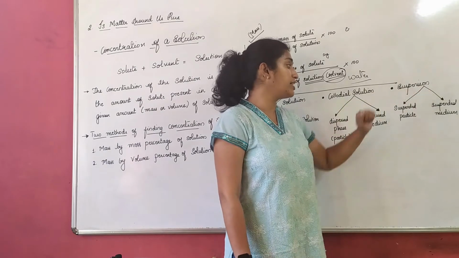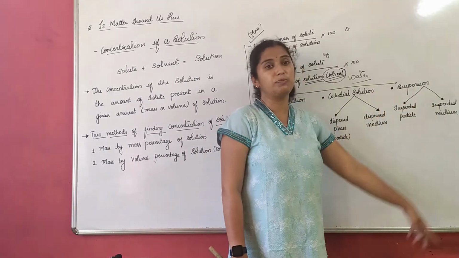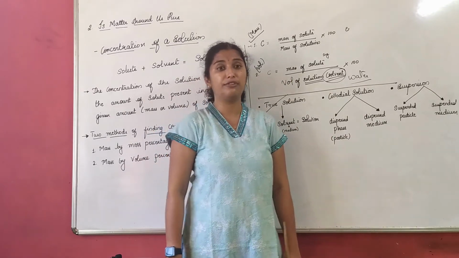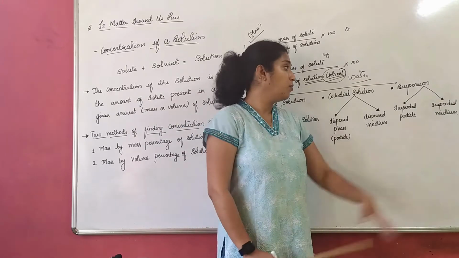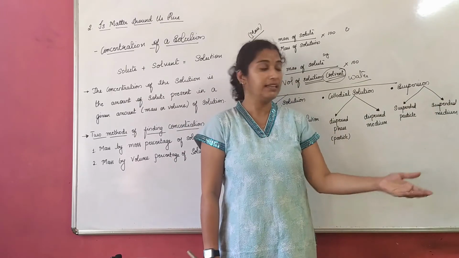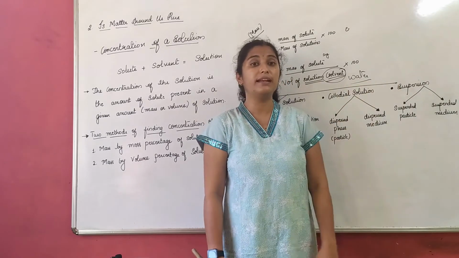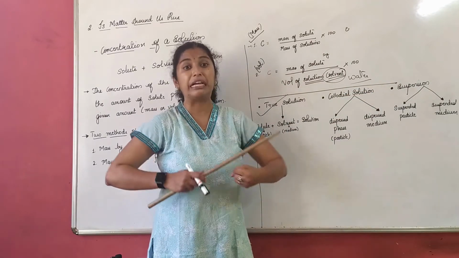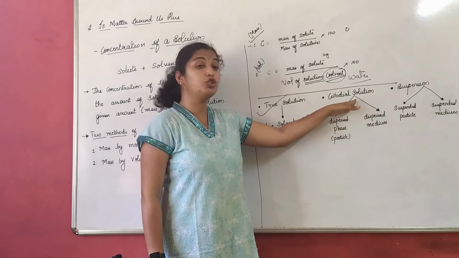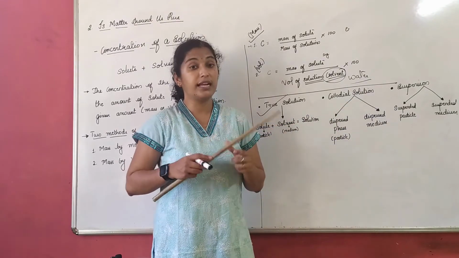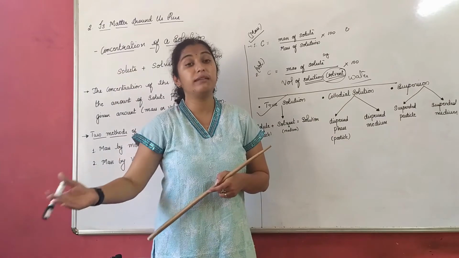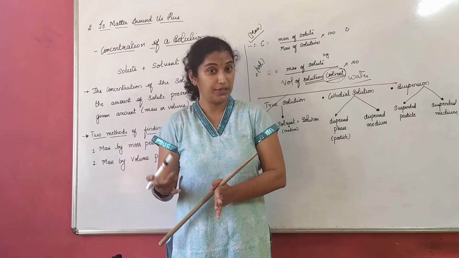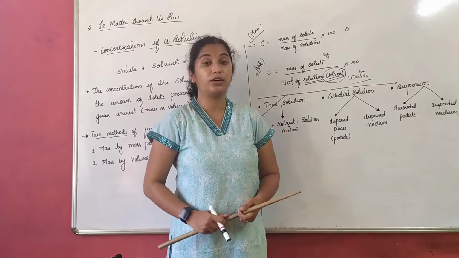Then the last part is suspension. Suspended particle, suspended medium. Now what could be a suspended particle? Chalk could be a suspended particle, right? Sand could be a suspended particle. What is a medium? Water is a medium, correct? So suspended particles and suspended medium. Suspension becomes very simple to understand because there are not many phases in them. They are clearly visible. The confusion comes only in colloidal solution, to understand what is the phase and what is the medium, and when we add them, what type of solution the medium becomes. Yes, that we will understand through a tabular column now.